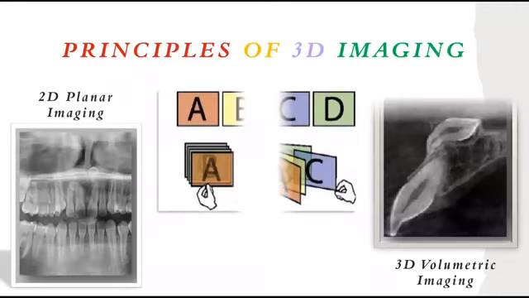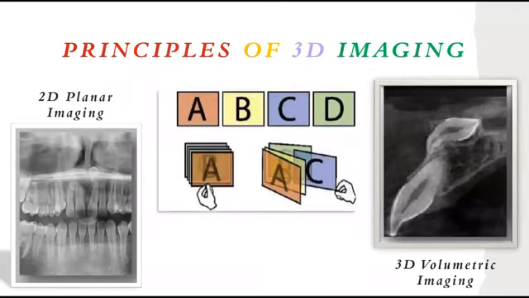With two-dimensional imaging, the layers are superimposed, making it difficult to make out fine and underlying details. Whereas in volumetric imaging, it is like removing a particular slice to examine it clearly and accurately. The image on the left here is useless in terms of accurate visualization of an impacted supernumerary tooth in comparison with the three-dimensional volumetric imaging, which gives us the clear and accurate position of the impacted tooth.